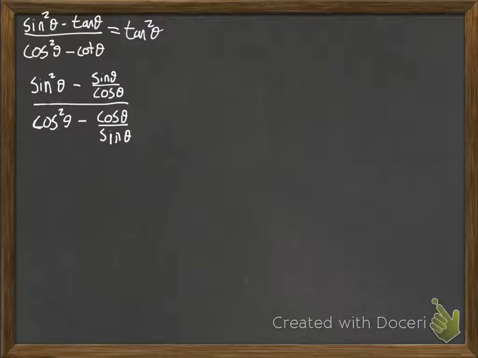And once you do have some complex fractions, we like to get rid of those. Those can be eliminated by multiplying through by your common denominator, both top and bottom. In this case, our common denominator will be sine theta cosine theta, taking our two denominators. And so we multiply through. And now distributing,